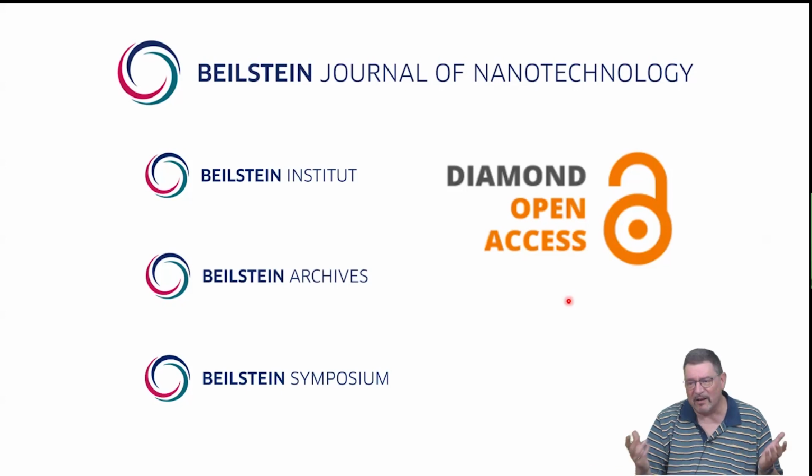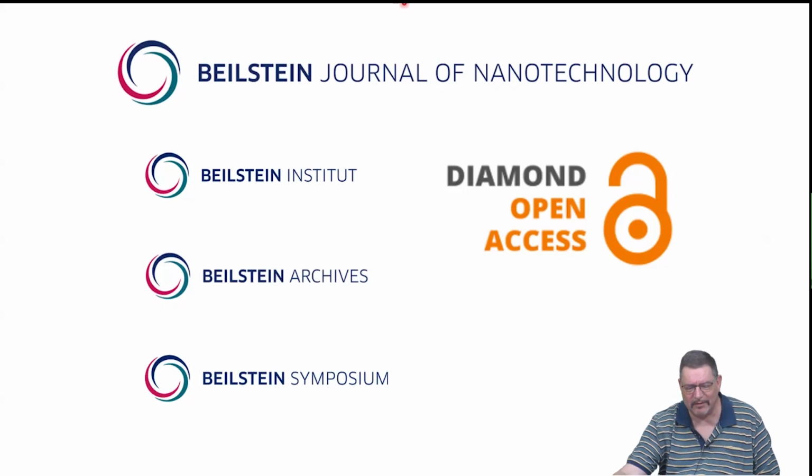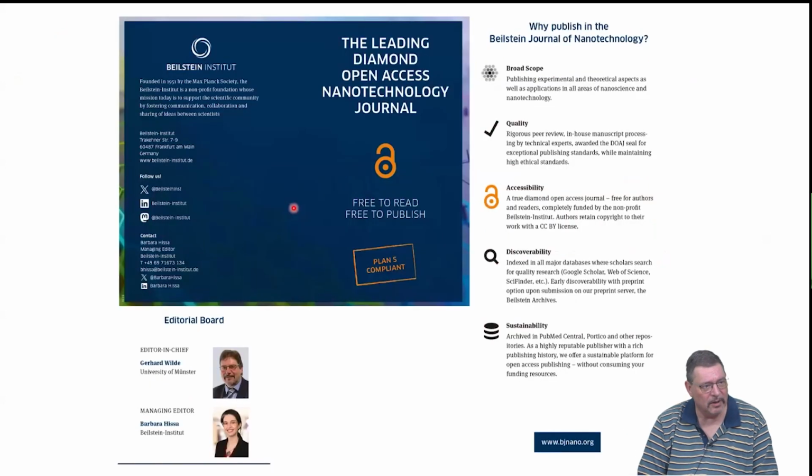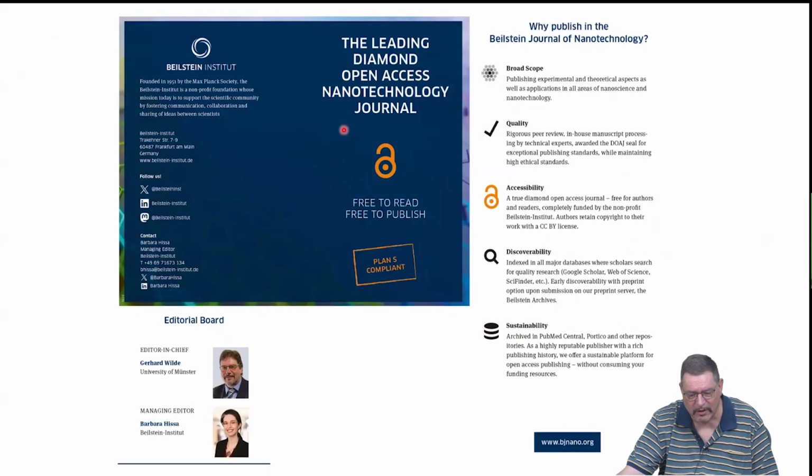And you could ask, how is this possible? Who pays for it? And nicely, the Beilstein Institute, which is a charity foundation founded 60, 70 years ago by the German chemical industries as well as the Max Planck Society, put down money at that time. This is still kept, and from the interest of this money, the whole publication thing works. And I think we were one of the first doing diamond open access so that nobody really has to pay.